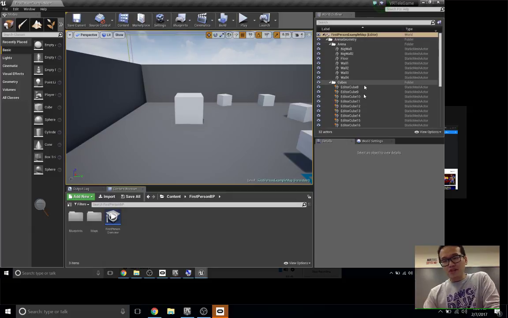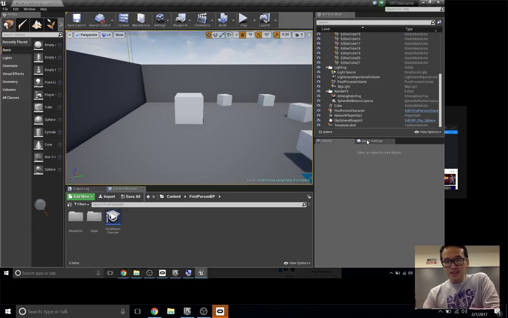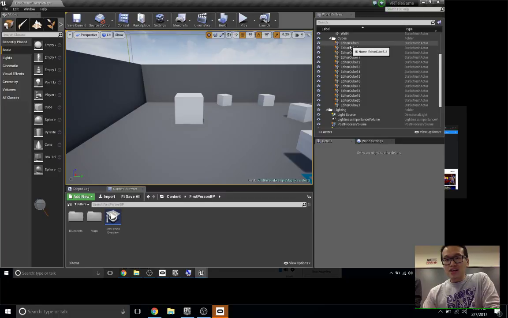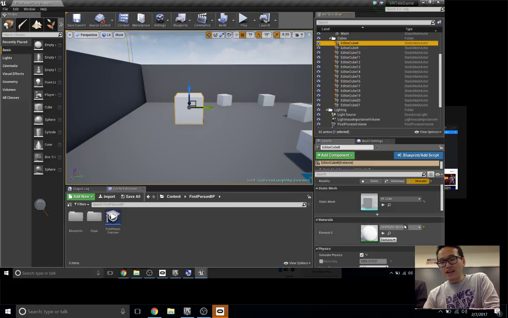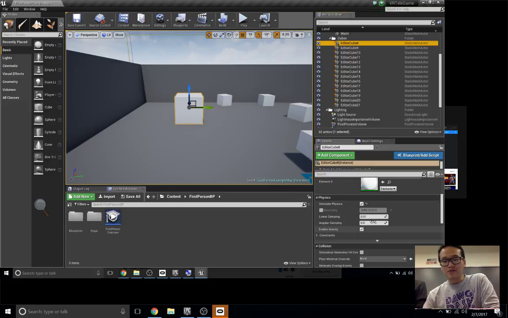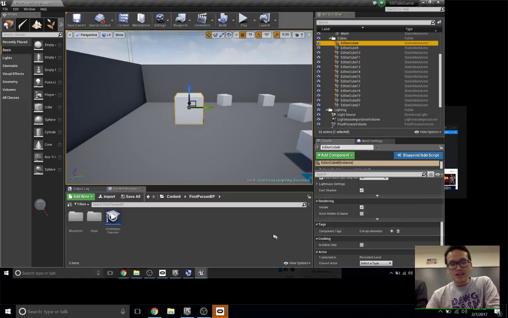And all the geometry and stuff like that's inside it. And then every time you click on an object, it opens like an inspector mode where you can see the transformation of the geometry, and then what kind of mesh it's using, what kind of material it's using, whether it's using physics or not, and so on and so forth.